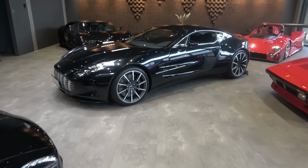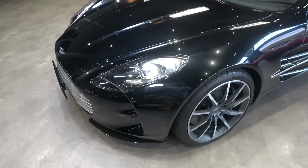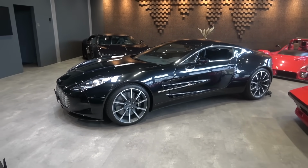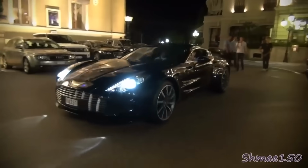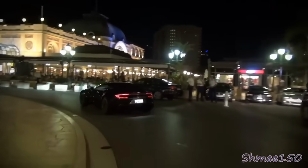That, however, is one of my favorite cars of all time, the Aston Martin One-77. And a fun fact about this particular car is I actually filmed it 12 years ago. I saw this car driving through Casino Square in Monaco back in summer 2012, to now be reunited with it,